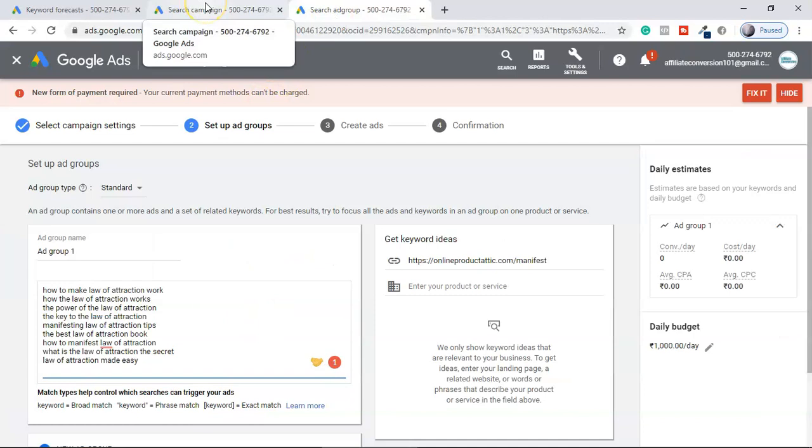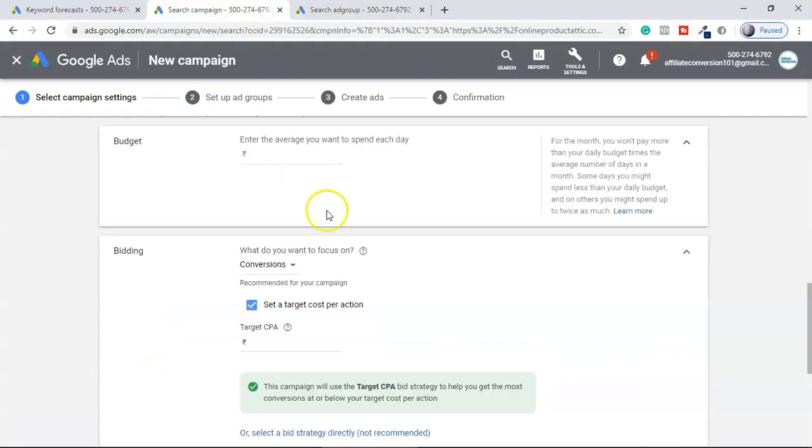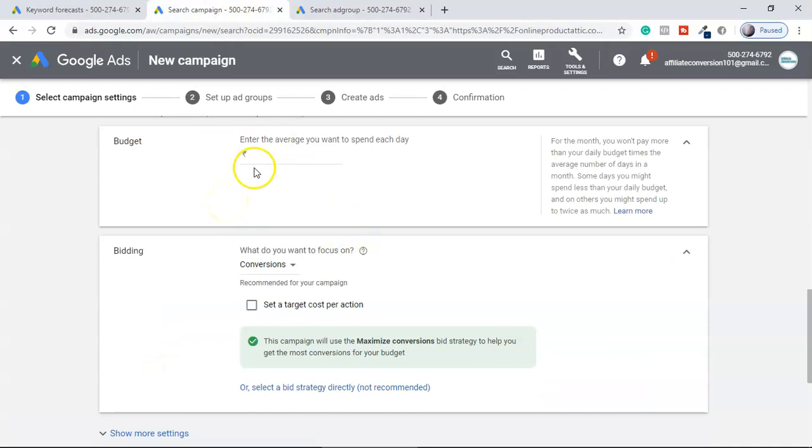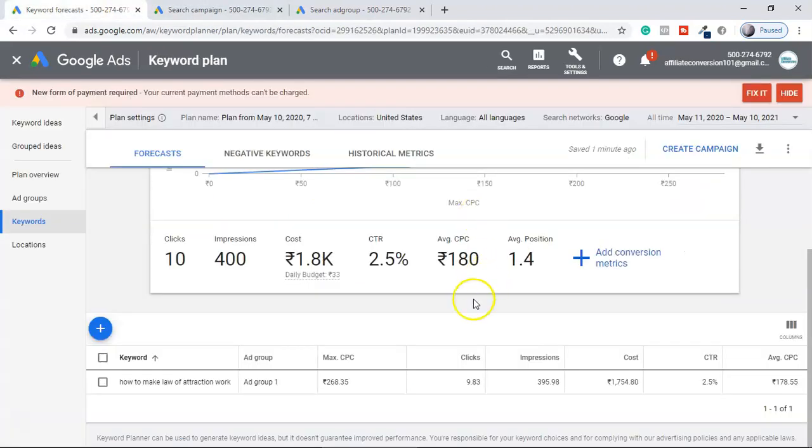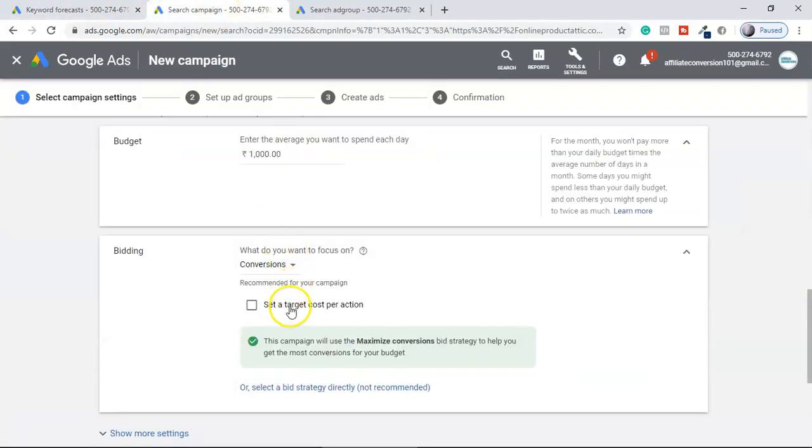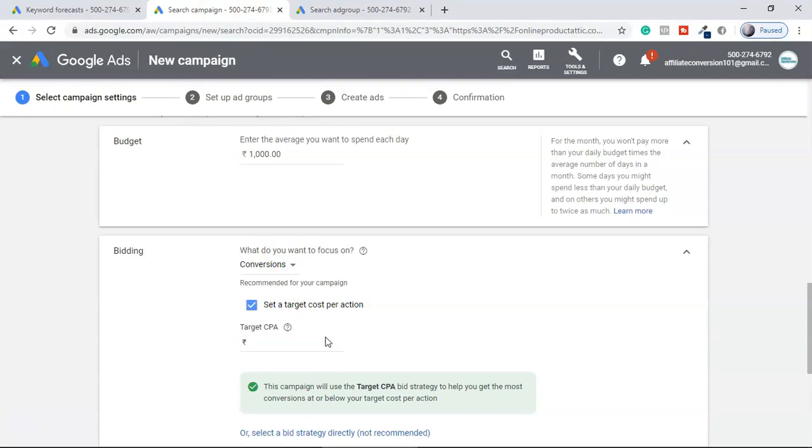I will keep the relevancy according to the keyword, and I can also set up the budget. When it comes to setting up the budget, always start with a lower budget like $10 or $20. Here I'm taking 1,000 rupees. If you set up bidding as conversion, then Google Ads is going to use your $10 on a daily basis to give you the best conversions, because you have the bidding idea right now. You know what your keyword is, what the maximum CPC or the average CPC is for your keywords. So now you can set up your own bidding according to that. If you are on a tight budget, this is the best way to go.